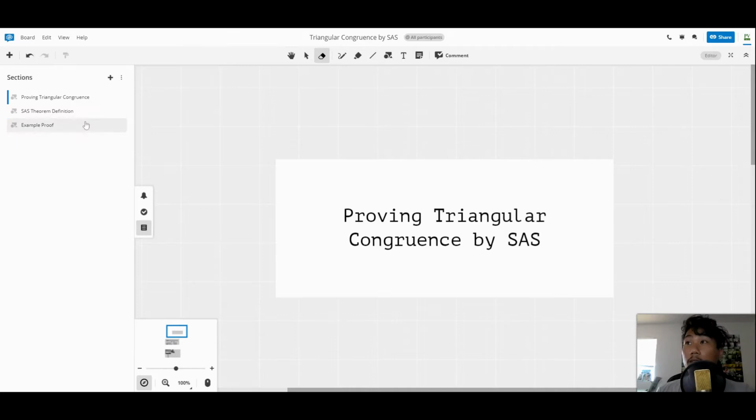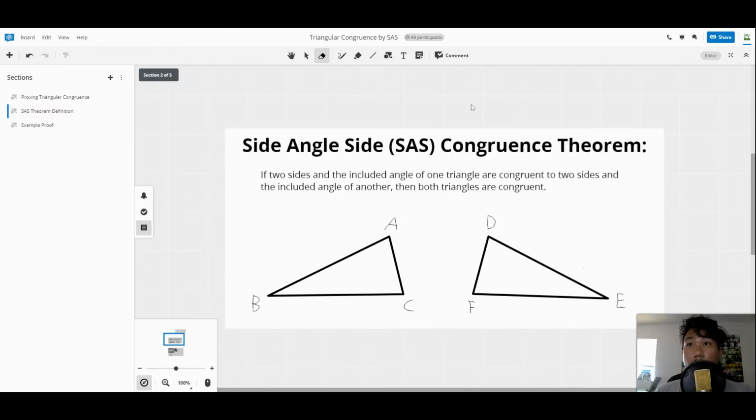Let's begin. So first things first, let's take a look at the definition of the SAS congruence theorem. The theorem states that if two sides and the included angle of one triangle are congruent to two sides and the included angle of another triangle, then both triangles are congruent. So what that means is,